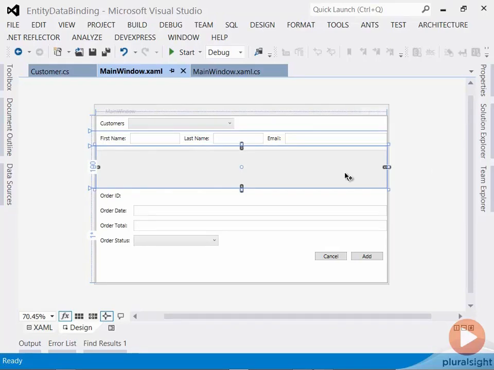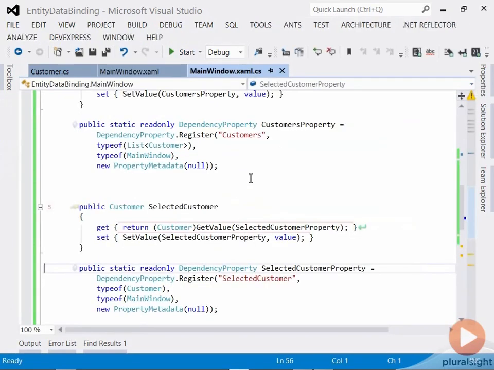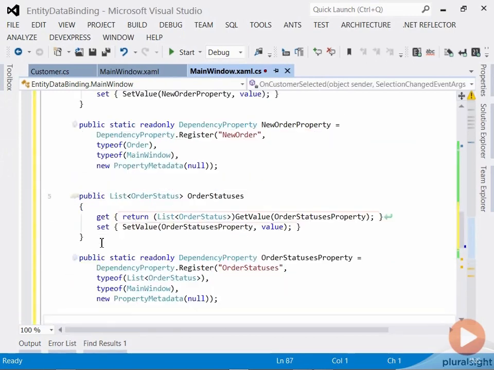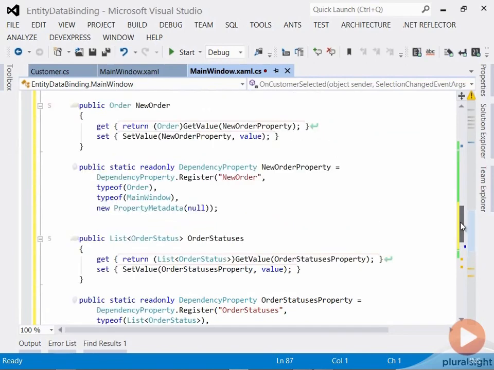So in this demo, I'm going to hook up the rest of this form with this list of orders for the selected customer, and then the ability to add new orders to that list from the form at the bottom. To do that, we're going to drop into the code behind here, and we're going to need a couple more properties, which I'll go ahead and define as dependency properties so that they can have change notifications as we discussed